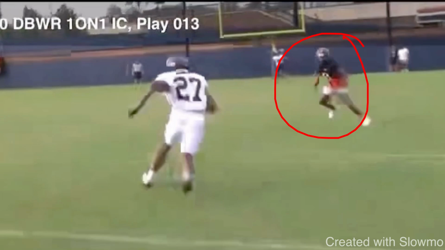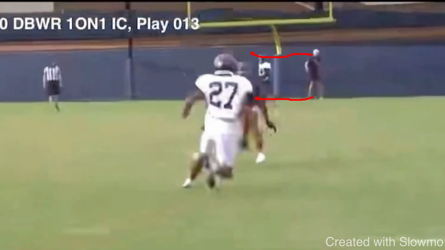make him think you're running where he does not want you to go. If you start to stem to the inside like this, that DB is told, Don't give up the inside. So he has to honor his leverage. He has to move to the inside. He has to keep his leverage. And then when you make a cut, it doesn't even need to be the greatest cut. It doesn't even need to be a great rocker step cut. It just be a one cut and go. But guys, you see all the space that he created for himself and created for the quarterback